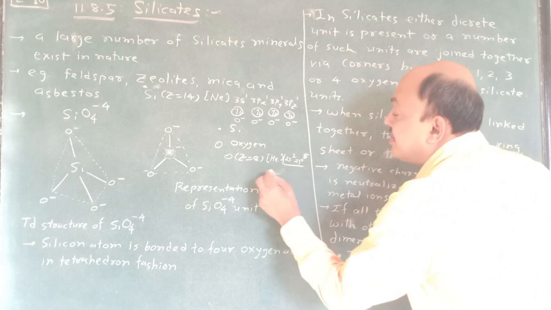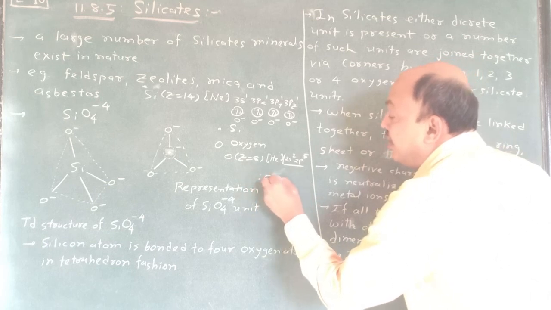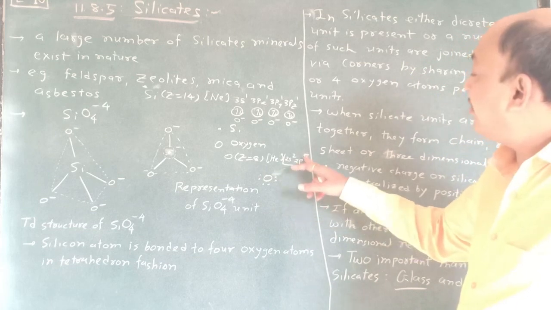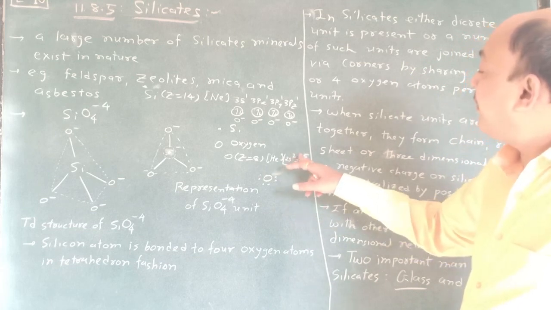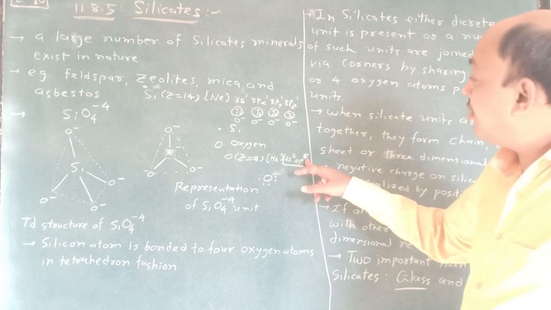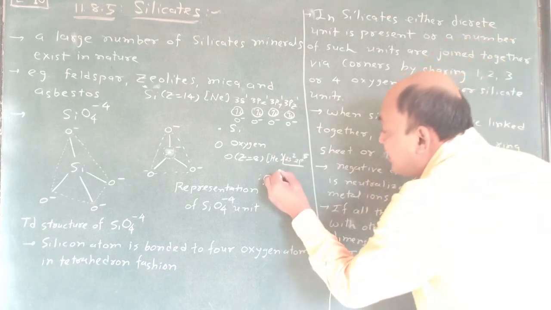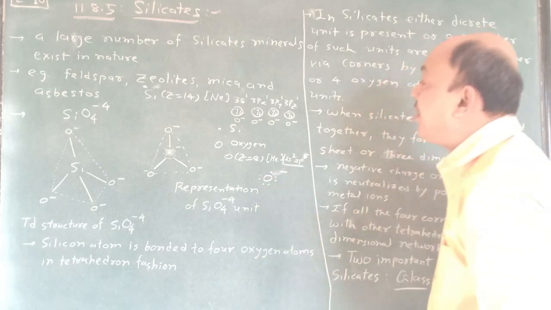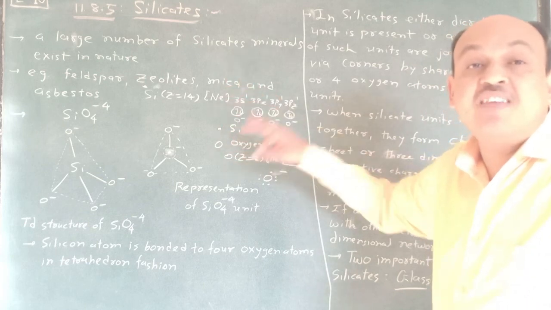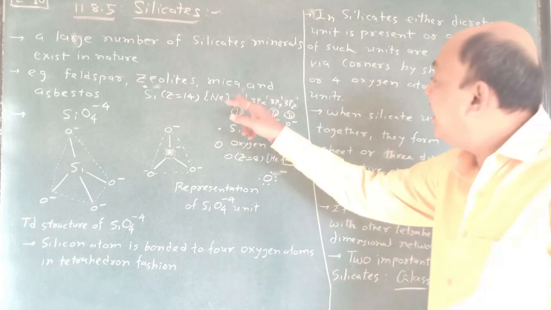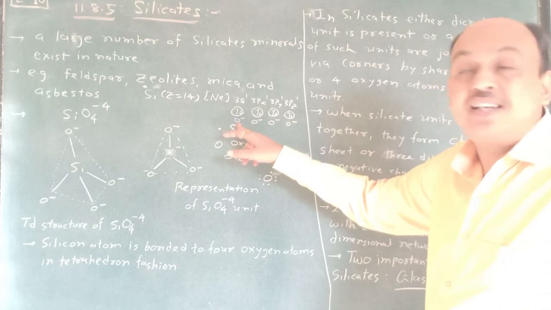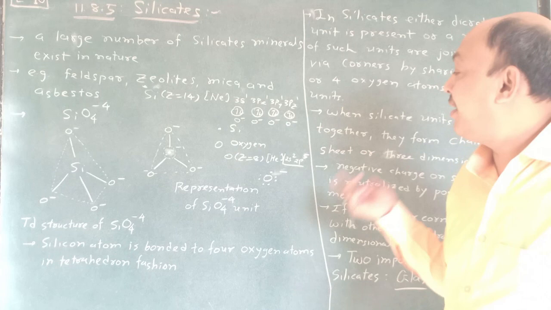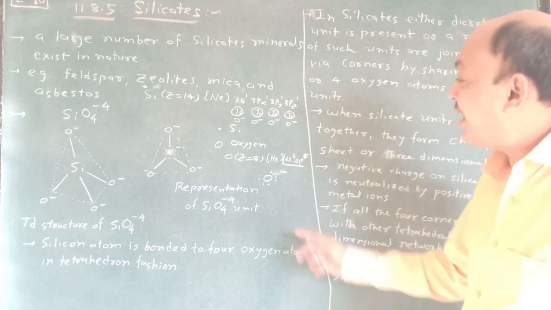Remember, because 6 valence electrons are already there, 2s2 and 2p4. So once again, 2 plus 5, so 7 electrons, so 1 electron more, so it possesses charge, and that's why a negative ion is there. That's why an unpaired electron is there, and due to that it shares with silicon. Silicon shares its unpaired electron and O minus shares its unpaired electron, and due to that a covalent bond is formed. So it's very important.